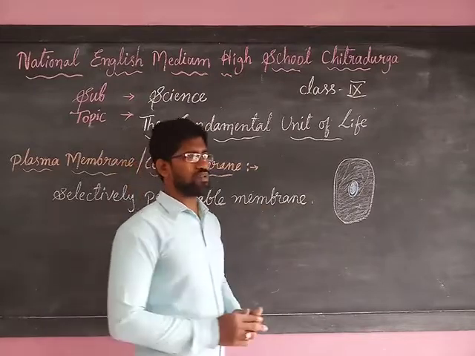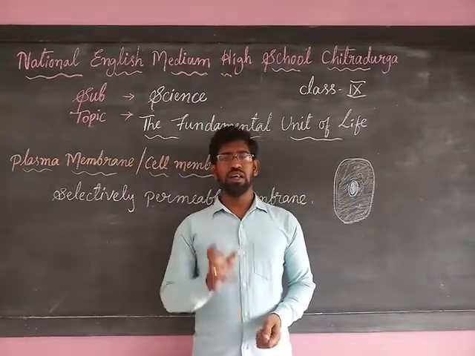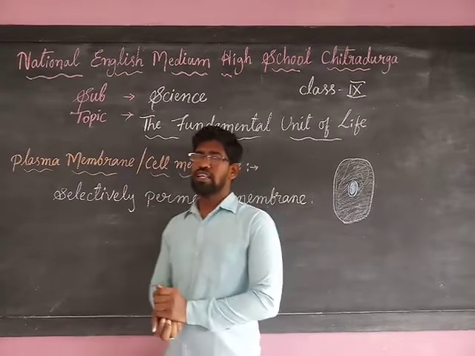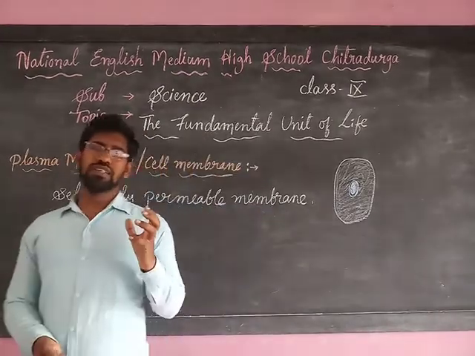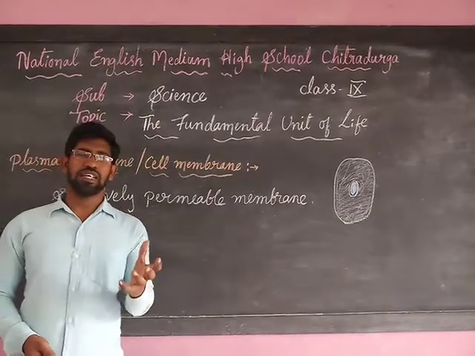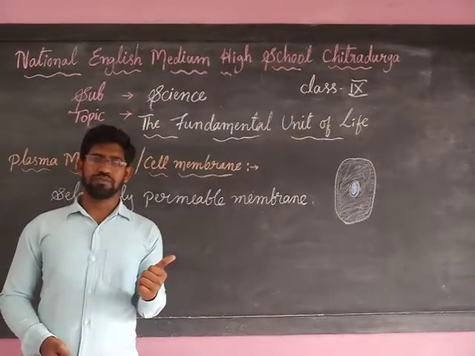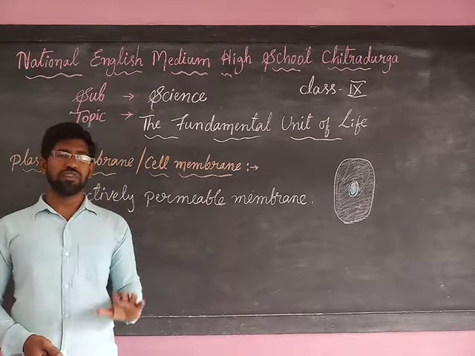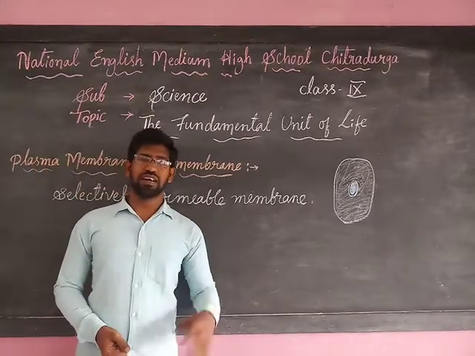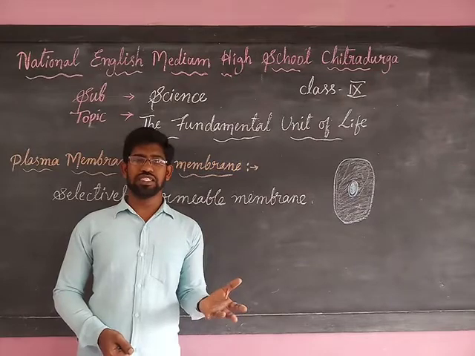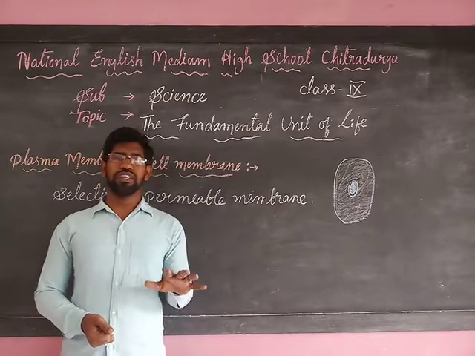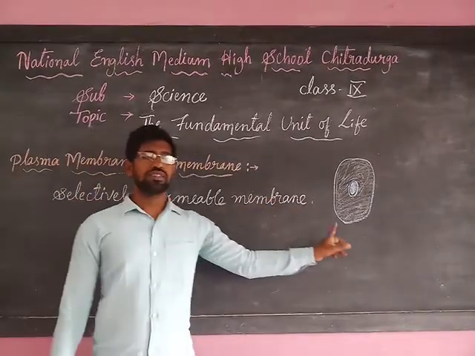So we have to discuss what type of materials are allowed and what type of materials are not allowed. Let me discuss first. As living organisms, the cell requires air, food, and water, and at the same time it needs to eliminate or remove the unwanted waste materials which are produced inside the body. So see, these types of materials are allowed by the cell membrane.